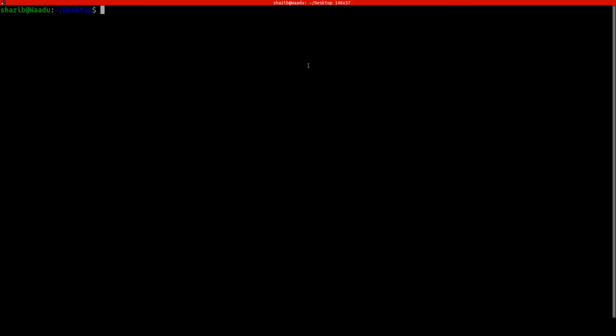Suppose you want to print the output of a file that is constantly changing. That means there is some command that is appending its result to that file. So what to do in this case? What to do if that file is constantly changing? How to get the output? So we're going to write tail, and there's a flag f. F means follow, and then the text